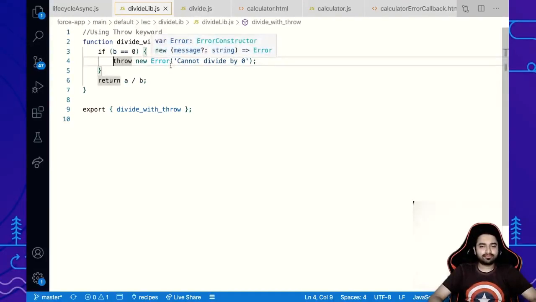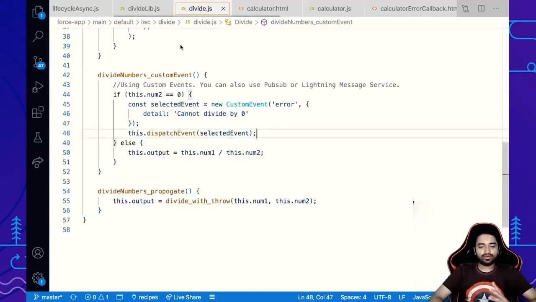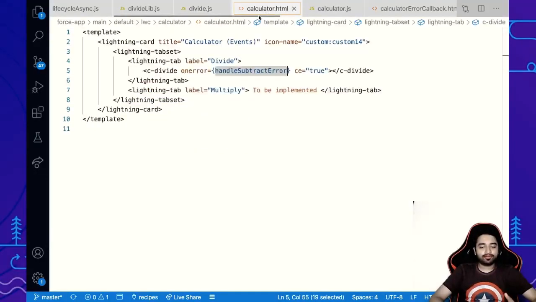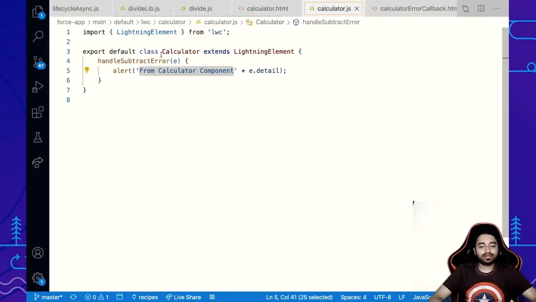Maybe in some cases the best way is to just show a console log, or maybe you want to show a toast message, or maybe you want to show an entire new component, an error component, whenever an error occurs. Because your lower level components might not always know how the error can be handled and shown to the users, it is best to throw errors from them. And your higher level components, like in this case the calculator component, are going to handle all of these errors and take the appropriate course of action.